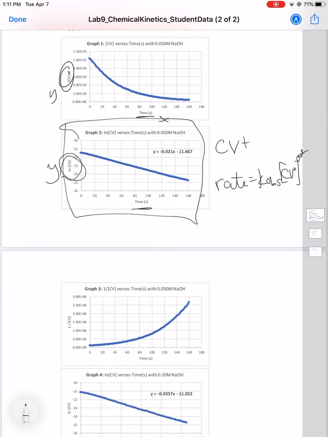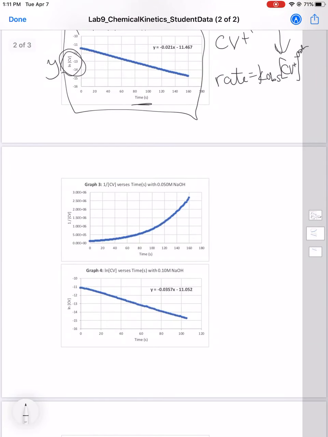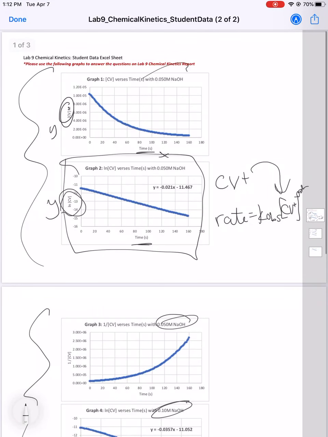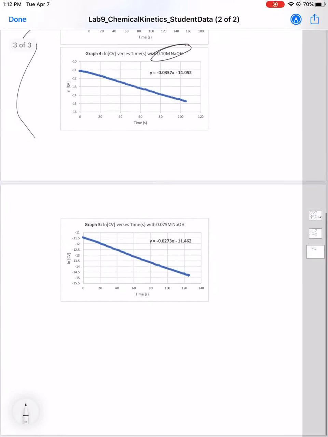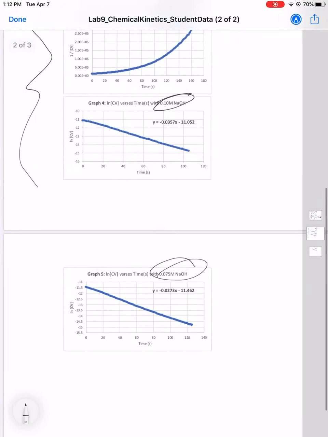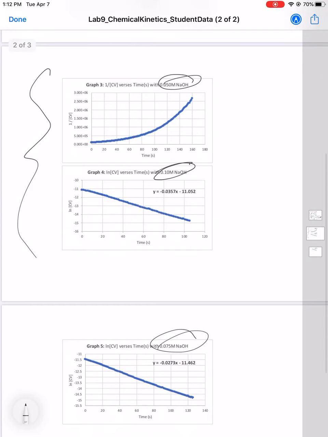Now that we find the order in terms of CV+, we've also done different concentrations of NaOH. You see we have, let's see, these two are the same concentration, 0.05, and this one is the same concentration. So basically what's happening is,